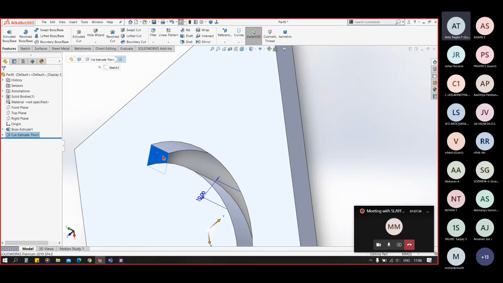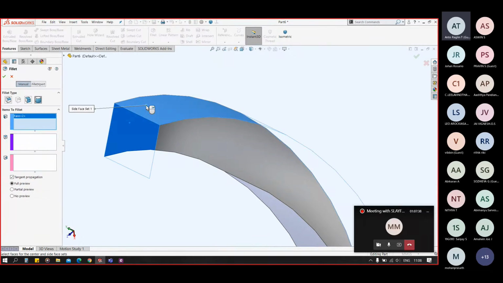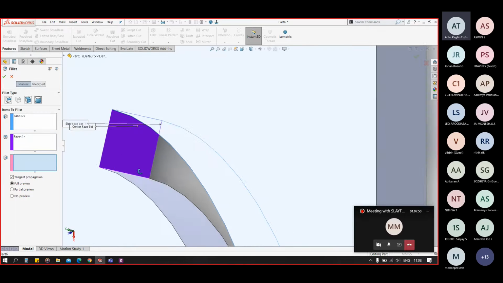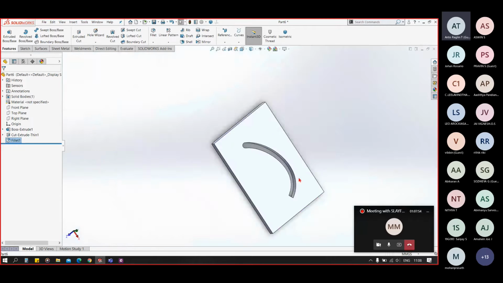I am using now the fillet option. You can see I am using the face fillet. First face, click on the second box, second face, third box, third face, and you can see the fillet here.